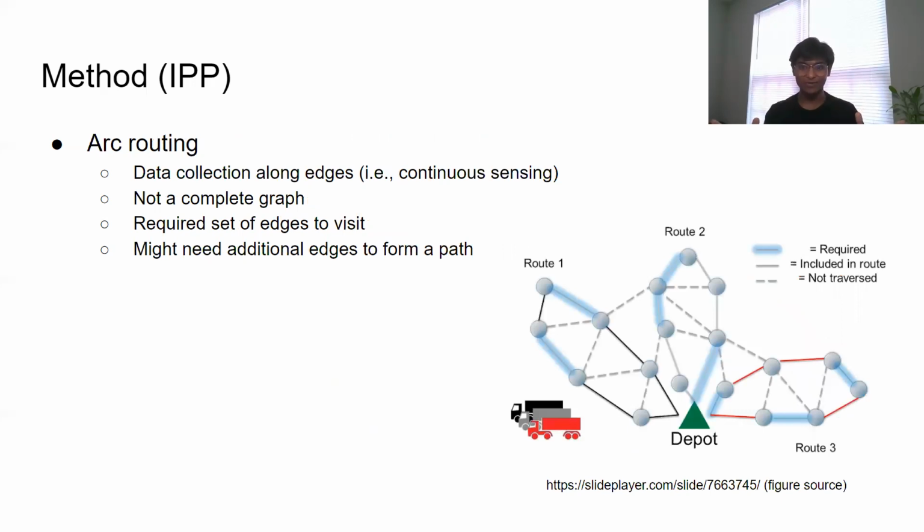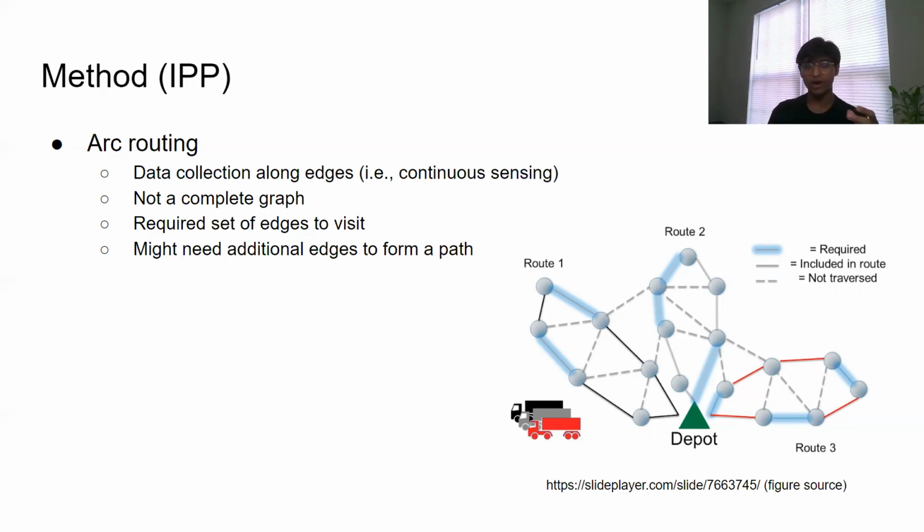All right, so what is arc routing now? And how does that differ from node routing? The node routing problem requires one to visit either all or a subset of nodes in a given graph. The TSP is a node routing problem. But in arc routing, we need to visit either all or a subset of the edges in the graph. And depending on the graph's connectivity, we might have to add additional edges to our solution to ensure that it is a continuous path.